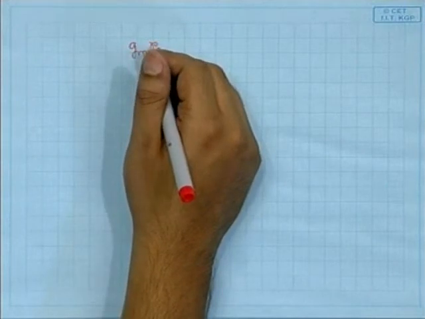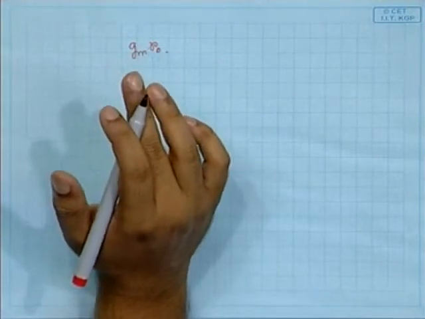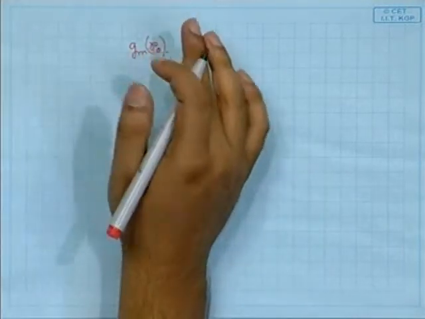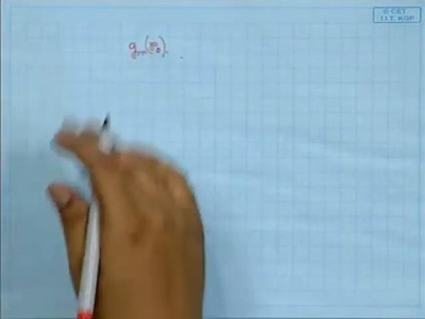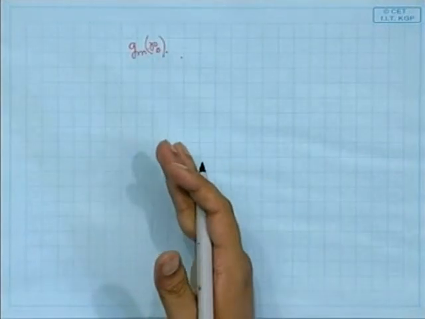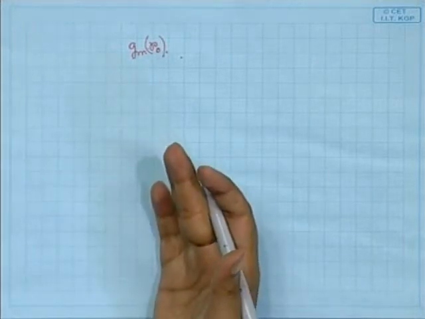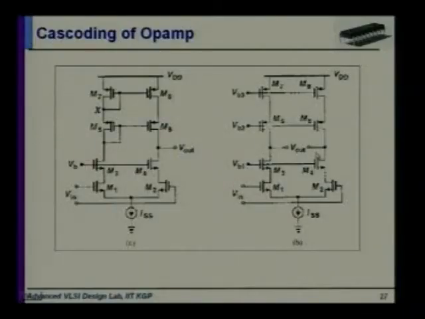Gm you can't vary up to which point? Up to a certain point you can't increase Gm. So we can only increase R naught. Cascoding is a technique where R naught can be increased. So keeping Gm constant, if we add an extra stage, this will give some added gain. You see here, this is a differential input to differential output configuration, and this one is a differential input to single-ended output configuration.